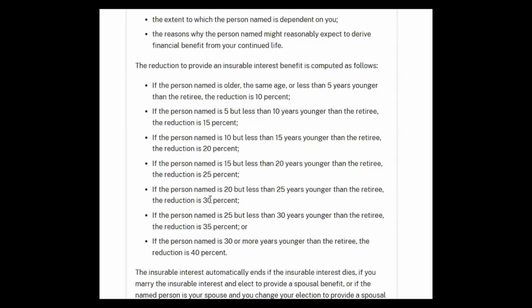Now, for a normal spousal survivor benefit, it's 5% or 10%, depending on how much you're leaving your spouse, or zero if you don't plan on leaving them anything. But if you want them to have at least 50%, which is for the insurable interest, then your survivor will receive 50% of your pension. There is no other option here under the FERS program. So you're paying 30% for them to get 50% of your pension, right? That's the biggest kicker, the amount of money it takes out of your pension for them to only get a certain amount.